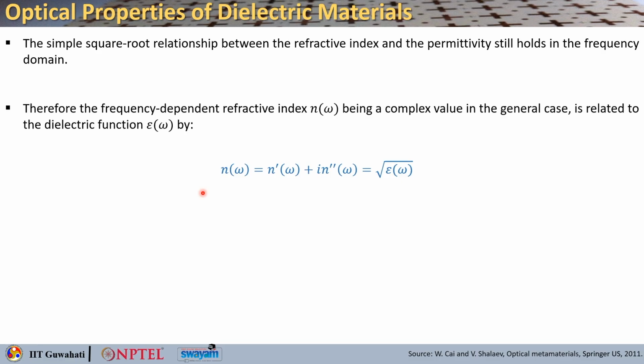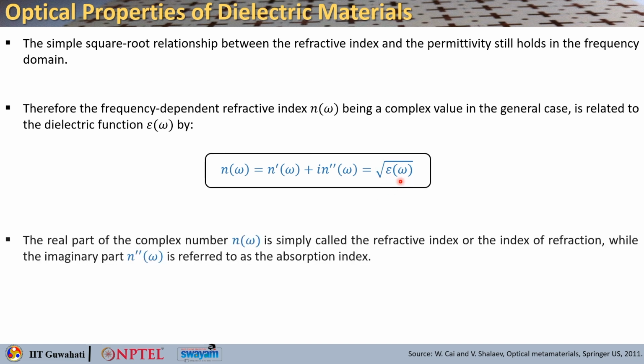Now, the simple square root relationship that we have seen between the refractive index and the permittivity of any material in the frequency domain will just hold good. Okay. So, now if you have a complex permittivity, that means it has got a real and the imaginary part. In that case, your refractive index, the frequency dependent refractive index will also become complex, and you can say it has got two parts. The real part is n prime omega, and then you have an imaginary part which is n double prime omega,